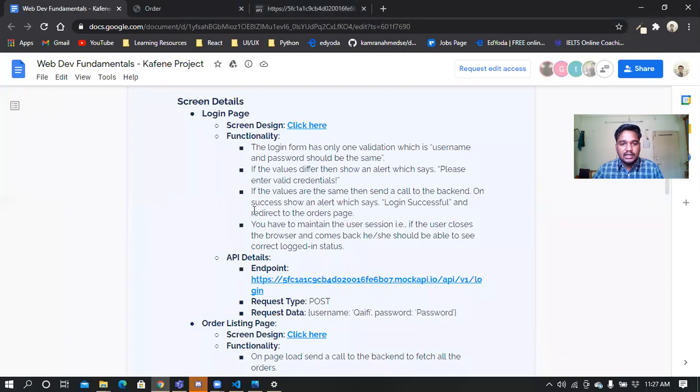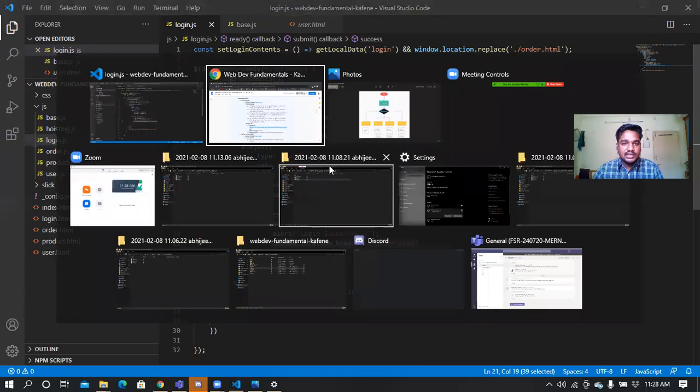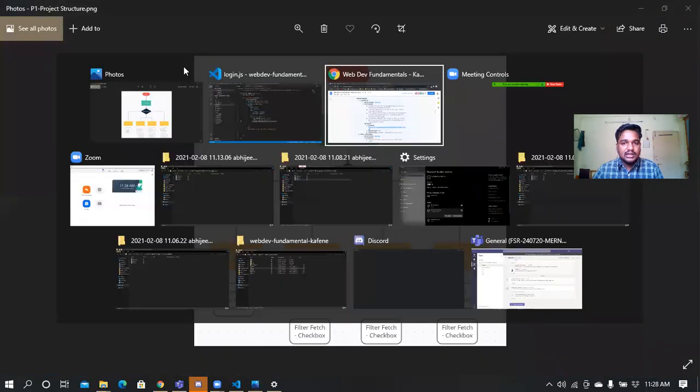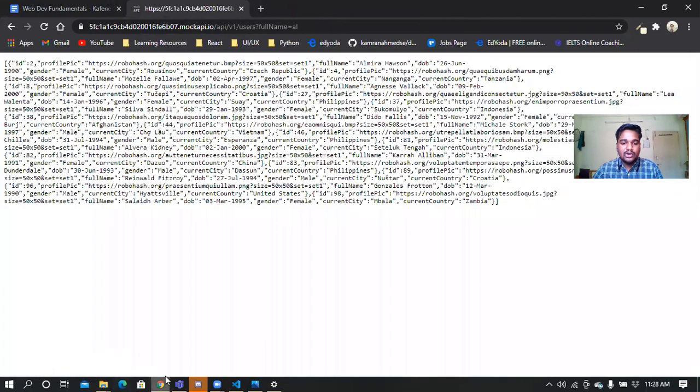Similarly, the next scenario was you have to maintain user session, that is the user closes the browser and comes back. He or she should be able to see the correct logged in status. Here I'll explain the things. The scenario was, if I close this and I try to log in directly,